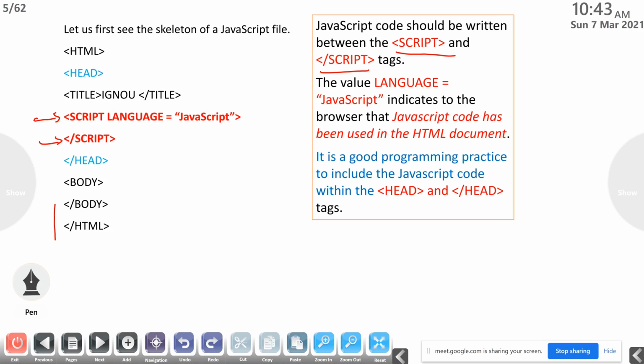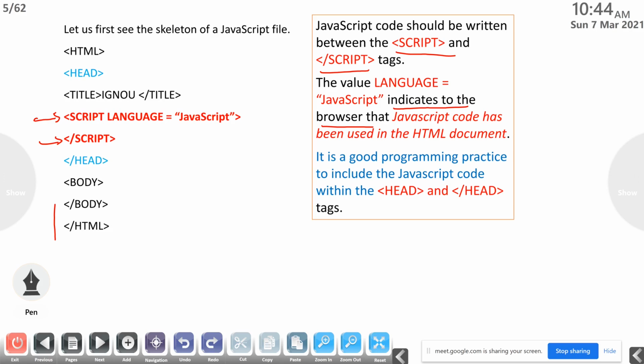If we are using JavaScript in an HTML document, we should specify that in the opening tag of the script part. How can we specify it? Script language equal to JavaScript. What does it mean? The value language equal to JavaScript indicates to the browser that JavaScript code has been used in the HTML document.